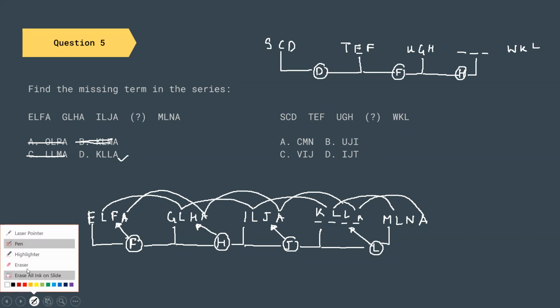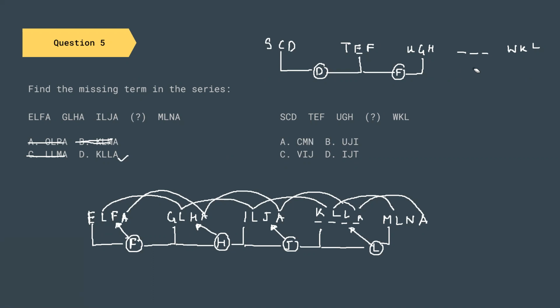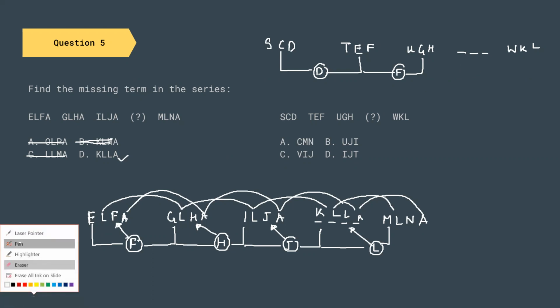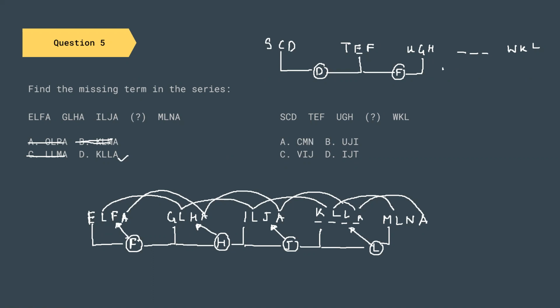So let me write H properly once, so that you are not confused when you see the classwork copy of this particular session. So we will write H here, F, H, I. So this will be I, and then J and K. So we have fixed on the second letter. As you can see, none of the options have the second letter as I. So you can easily eliminate them. This is A, this is B, and this is D. And from this point only, you can see your correct option is B.